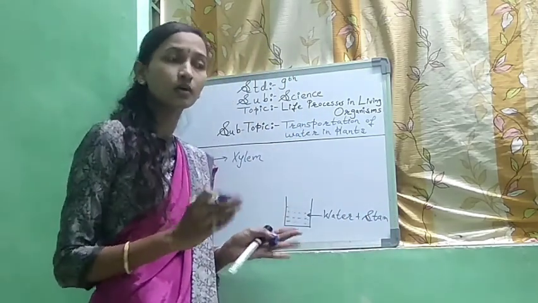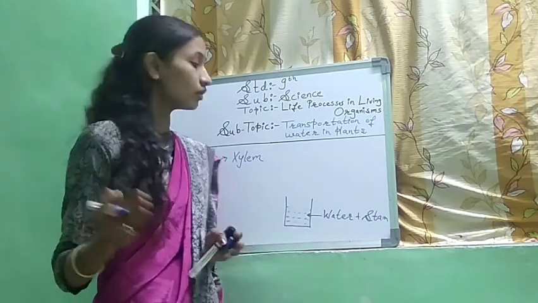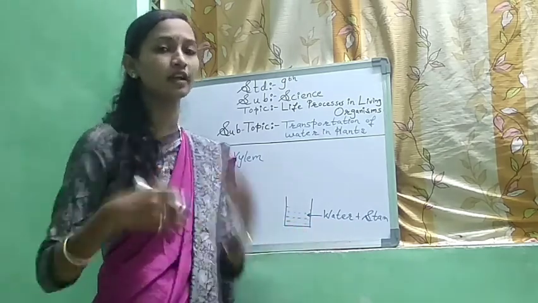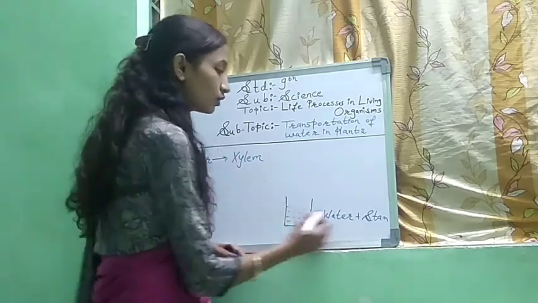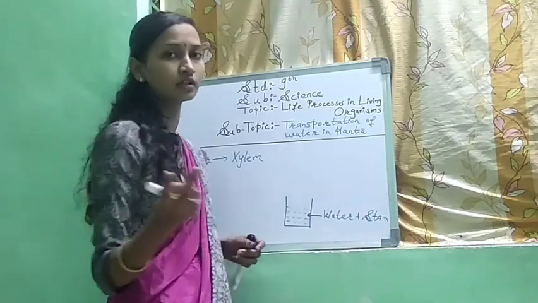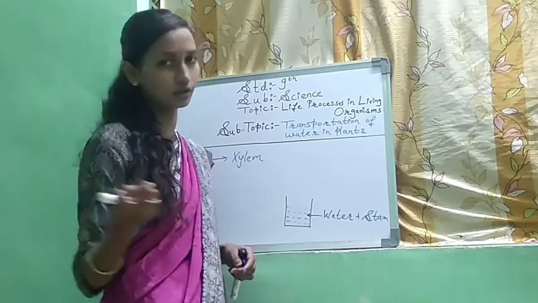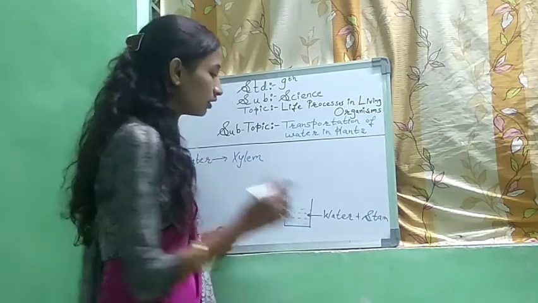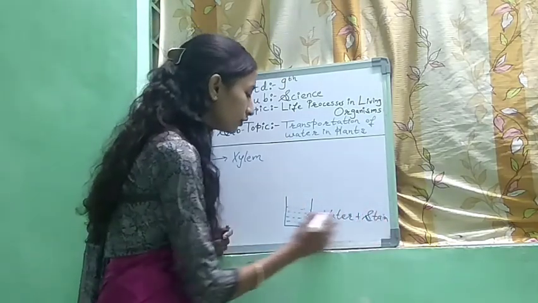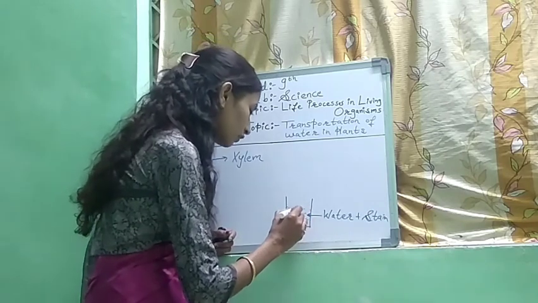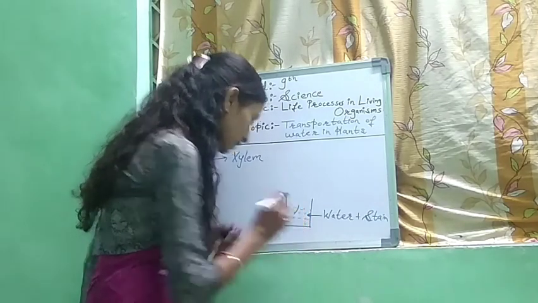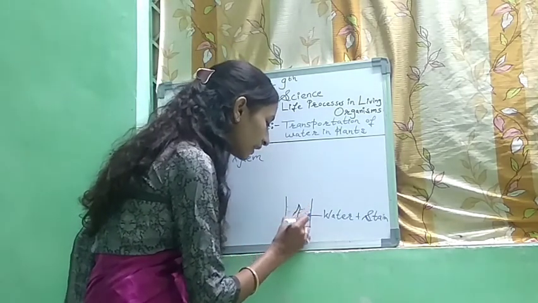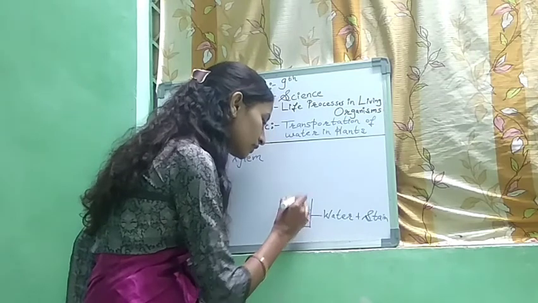What does this stain do? It colors the cells, so you will be able to visualize what effect is going to happen there. So you have to add stain, safranin or eosin. Safranin is red in color. As I told you, you have to take a plant which has its root intact to it. So this will be our plant.